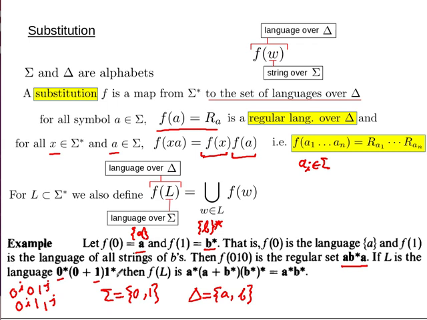So here you have a regular expression for this L over sigma, and now in this regular expression you take the symbols and replace them by the corresponding regular expressions over delta, and then you get this thing. So 0 is replaced by A and 1 is replaced by B star. So this is B star, B star. Now if you simplify this thing, you get A star, B star,